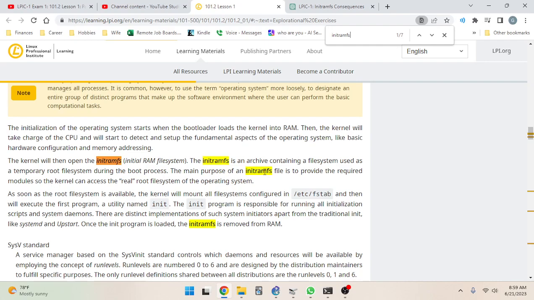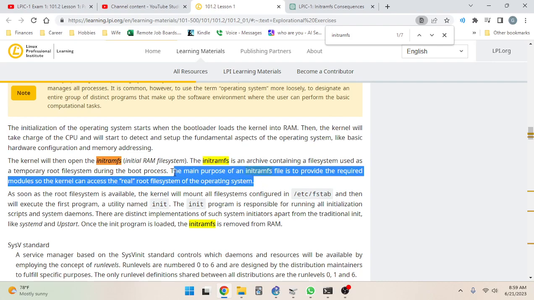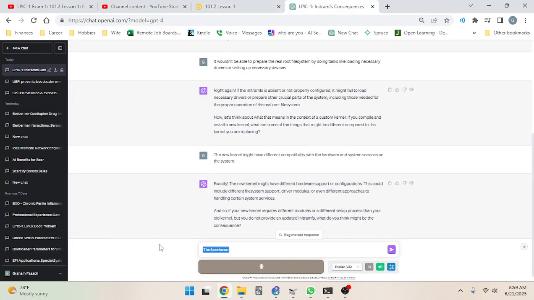The main purpose of the initial RAM file system is to provide the required modules so that the kernel can access the real root file system. So if you do not provide an updated initial RAM file system,